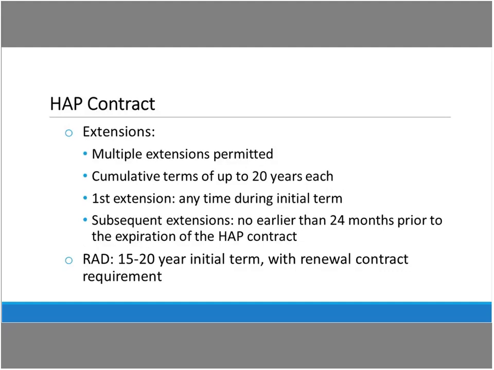Those contracts can be extended. Multiple extensions are permitted. The first extension of a contract may occur at any time during the initial term of the contract. So you could imagine that in concept, the housing authority could offer the owner an initial contract of 20 years and then a first extension of 20 years, allowing for an effective initial term of 40 years